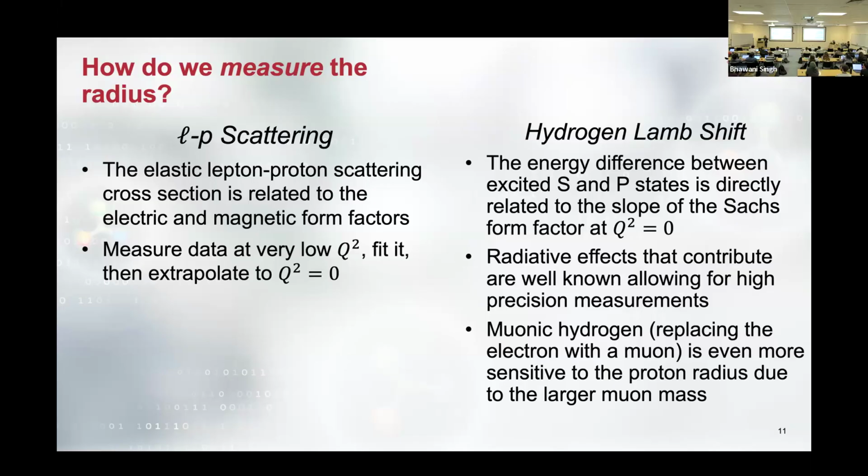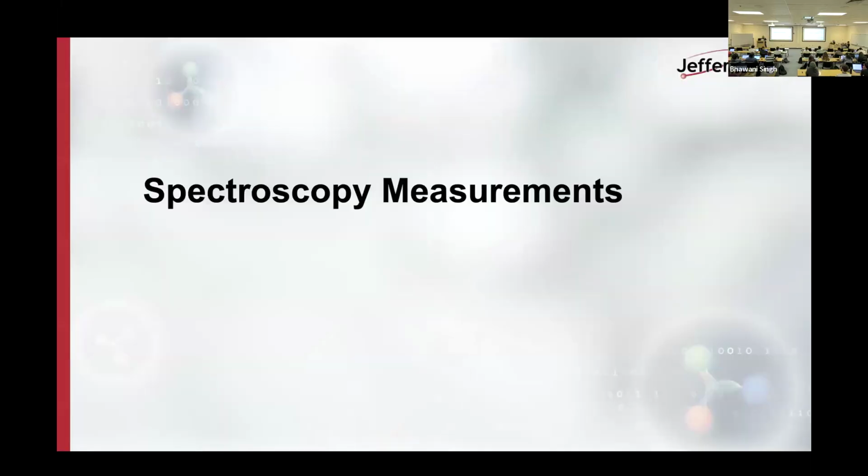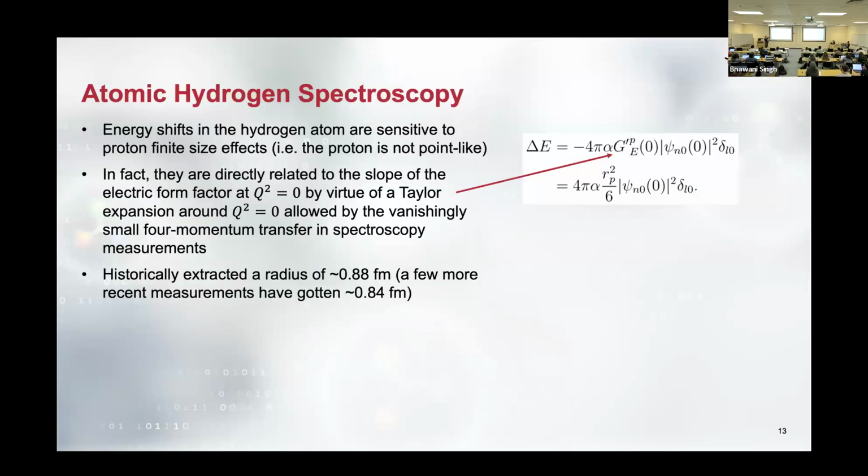Radiative effects are also very small. Muonic hydrogen is what kicked off this puzzle with giving a much smaller value than electron spectroscopy. And so real fast on the spectroscopy measurements, we have atomic hydrogen spectroscopy, which was how it was traditionally done, where your energy shift in the hydrogen atom is related to the proton finite size effects. And all that means is your proton is not a point particle, so the energy shift is sensitive to how big it actually is. The interaction is dominated by your electromagnetic force, so you get your electric form factor, and it is more or less directly related to the